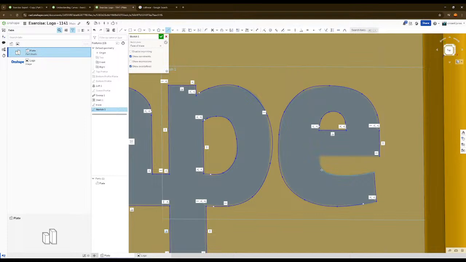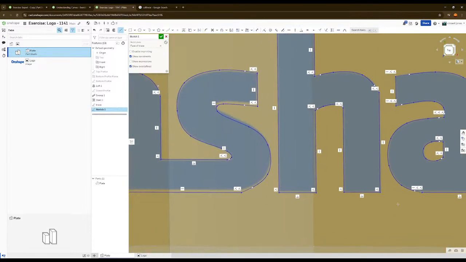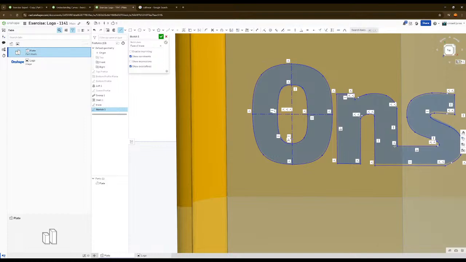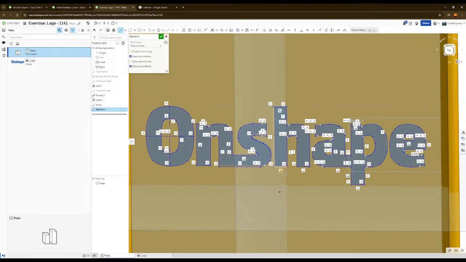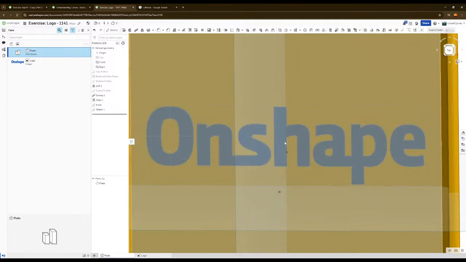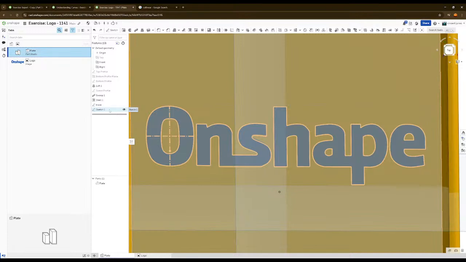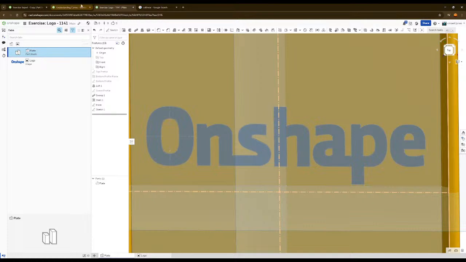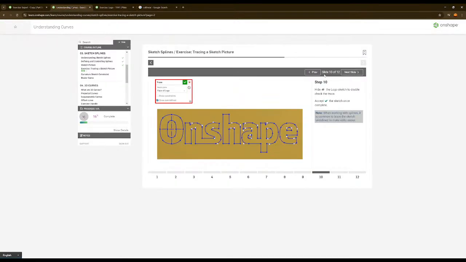You can thank FreeCAD for getting me really good at this. The logo sketch is applied.